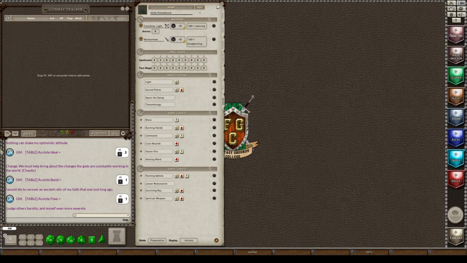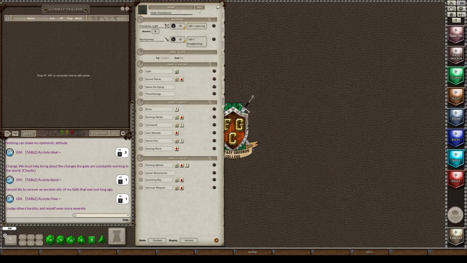Now to use this in your game, you would change the preparation to combat, and that would be all down here. But I do see one other thing I forgot to do, and that was to add my ammo, which would allow me to use my crossbow, because they ain't no good if you don't have any ammo, right?